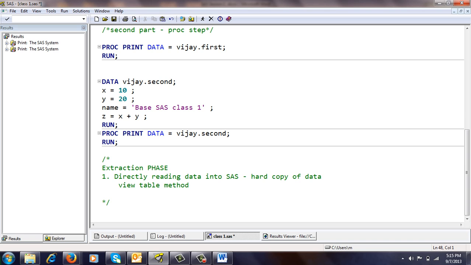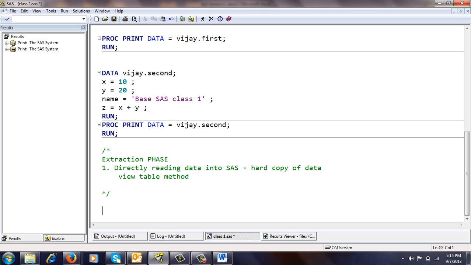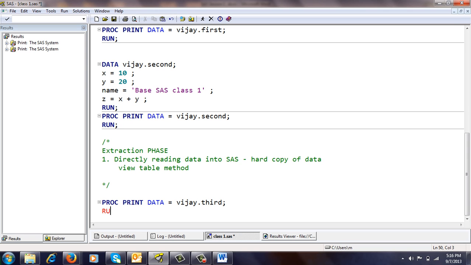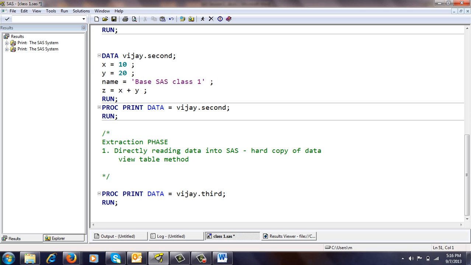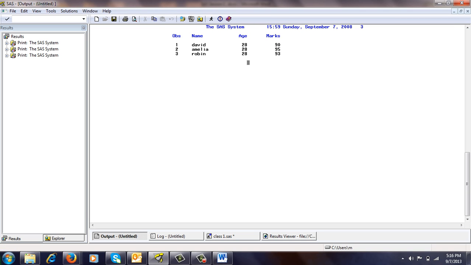Now to see the result, which are the values stored in the third data set, you can give here proc print Vijay dot third. Select this and submit this by pressing F3.